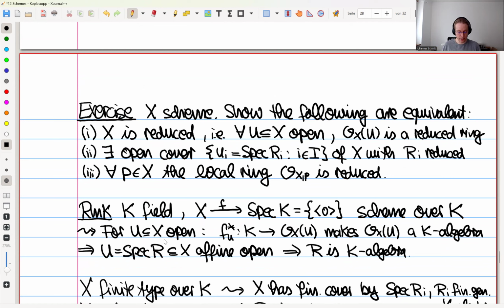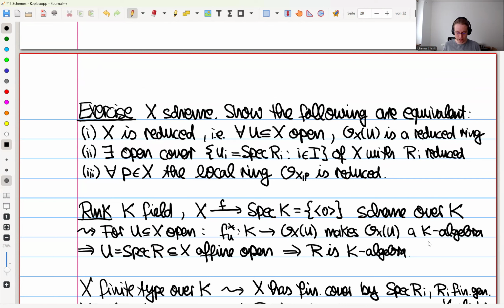Because for any U inside X open, you get this pullback map from K to OX(U), at least if U is non-empty. And this map, somehow this goes from here to there, this pullback, is a ring homomorphism from K to this. And of course, this is just the definition of making this ring here into a K algebra. Here we now see the K algebra property